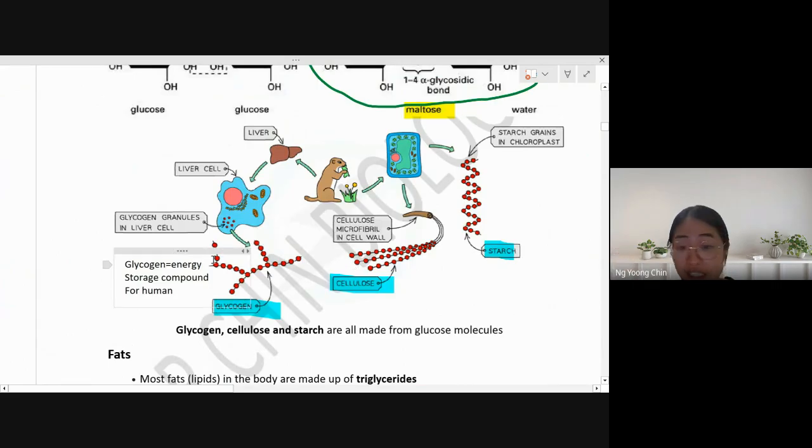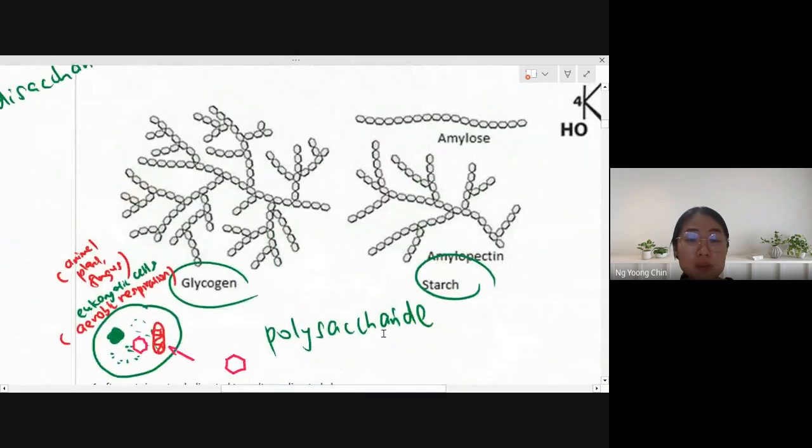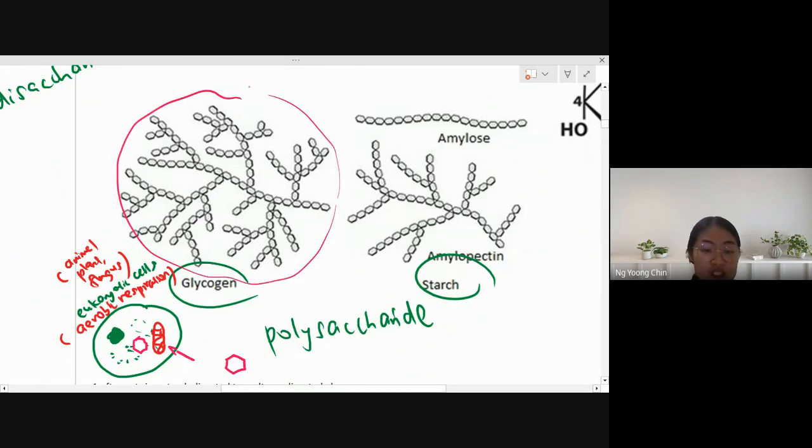See, very large, complex polysaccharide. When you have a look, it will be something like this. See, this is glycogen. Actually, I inserted this picture in the graphic document for chapter 4. You can have a look. So this is glycogen. These small subunits are actually the glucose units. So glycogen is a polysaccharide, and it is a storage compound.